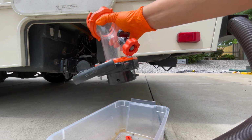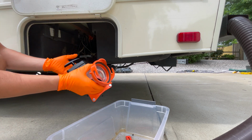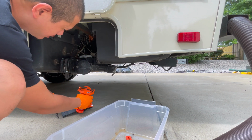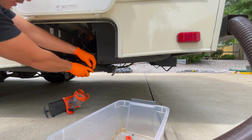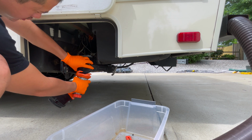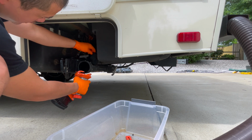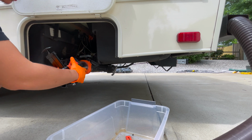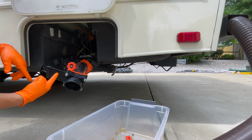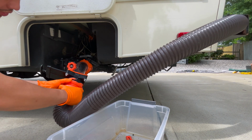So take this guy, plug it into here. Make sure it's closed. There will always be water dripping here, but that's not bad, it's just water. Try to catch it. Surprisingly dry. Okay, now you position it, twist it into place. Hook up your sewer line, your sewer hose,